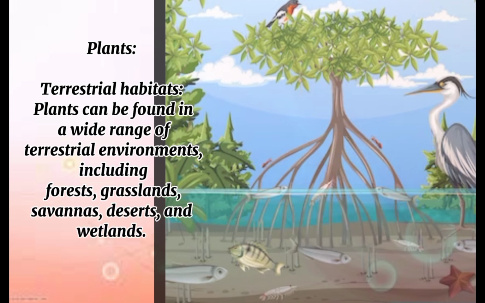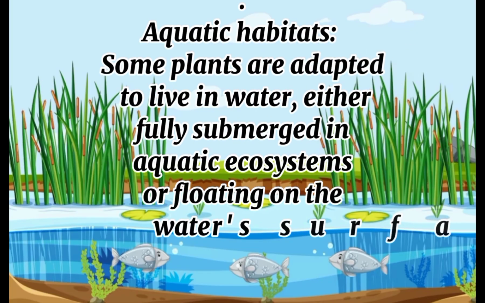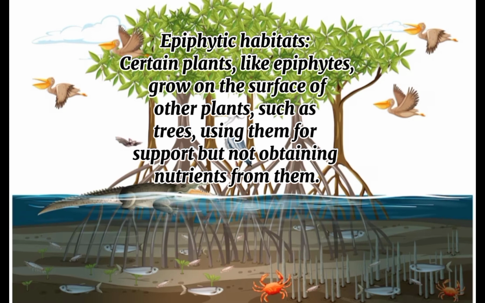Plants can be found in a wide range of terrestrial environments, including forests, grasslands, savannas, deserts, and wetlands. Aquatic habitats. Some plants are adapted to live in water, either fully submerged in aquatic ecosystems or floating on the water's surface. Epiphytic habitats. Certain plants, like epiphytes, grow on the surface of other plants, such as trees, using them